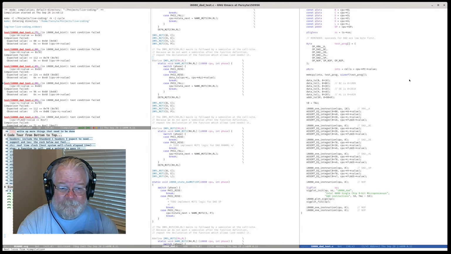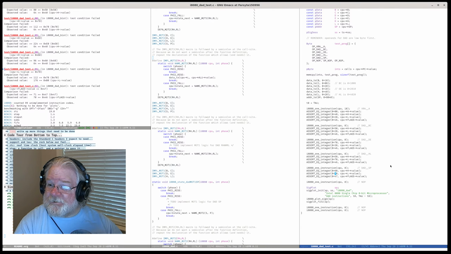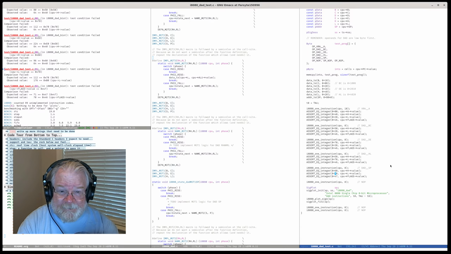And indeed we do. We see that the L values are now correct, except down to here, where it might be that I did my math badly. Yes, we had 70 in HL. We add the stack pointer, which has 40, and this does in fact become B0.